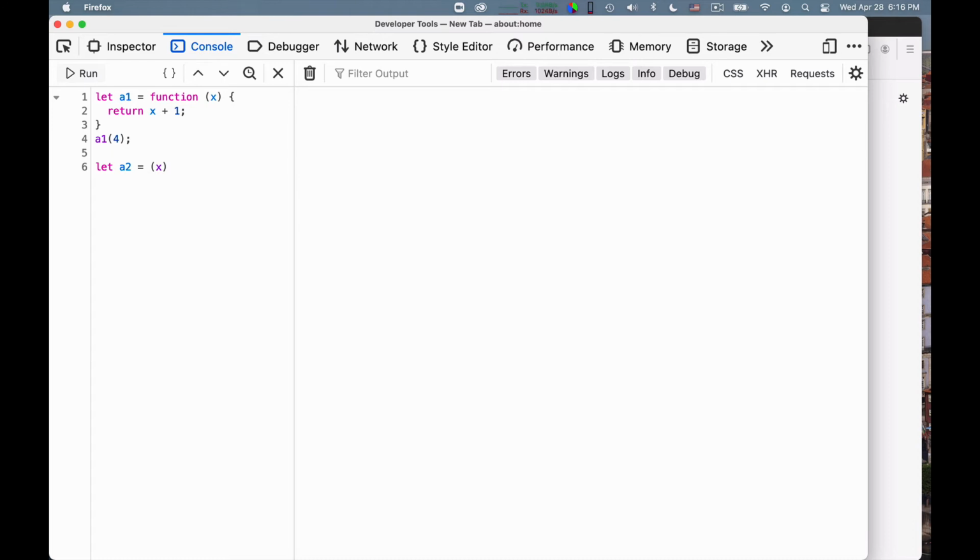I can say, and these are the parameters, then I can use an arrow, and then I can use the result. Okay, so these two will be equivalent, and so I can say a2 of 5, and this should give me 6 if I run it. Okay, so I see only the final result, which is 6, and this is correct.